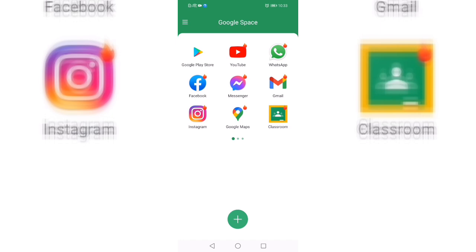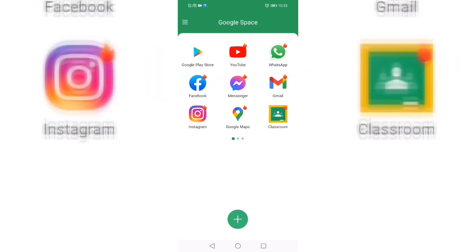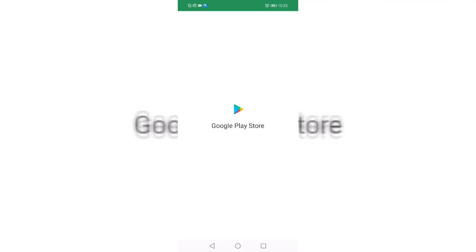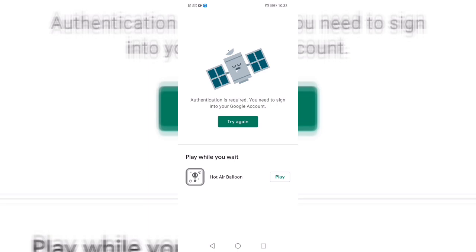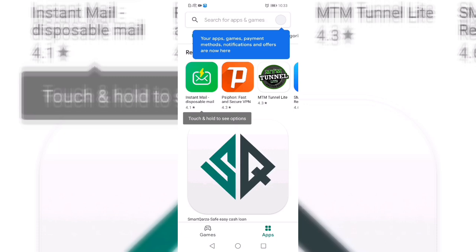to use. I want to use Play Store, so I open the Play Store. Click on Play Store. So guys, my Play Store ID is already logged in. If you're new, please enter your Gmail ID and password and log in here, and after that you can use this Play Store. So guys, my Play Store is ready to use, and I want to download some